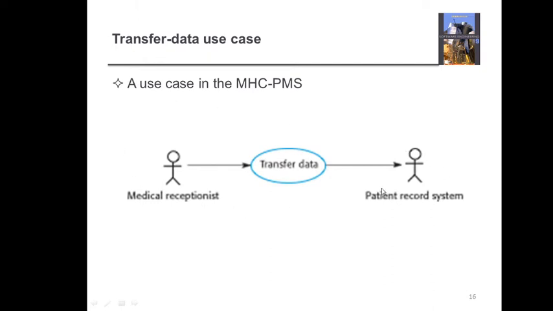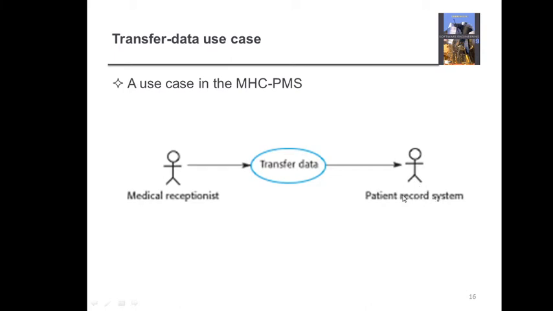From that statement, first we will identify the use case, that is transfer data. Now who are the actors? I said it can be a user, it can be any external system. So the user is a medical receptionist here, while the external system is a patient record system. Remember the patient record system in the context diagram, that was an external system that was used. Now I said these arrows can be directed arrows, right? So the medical receptionist was transferring the data, so this arrow is going to point this side.